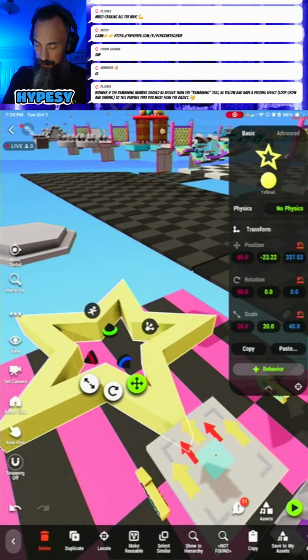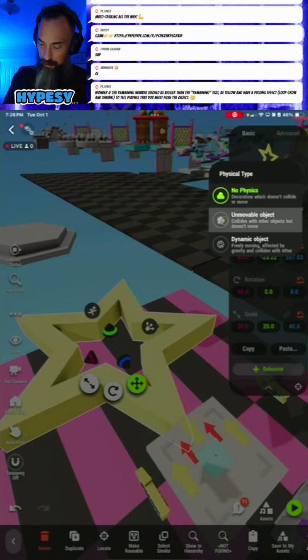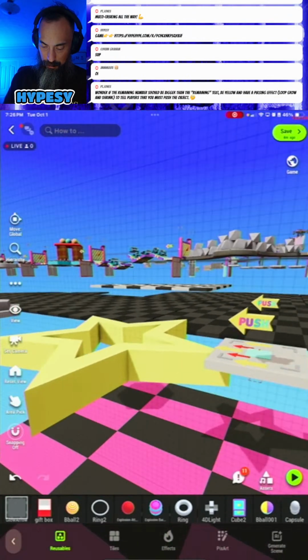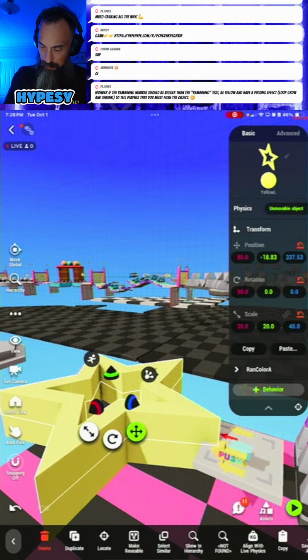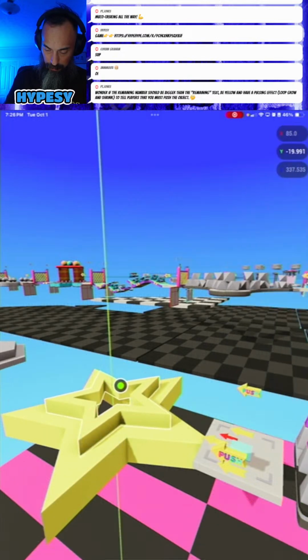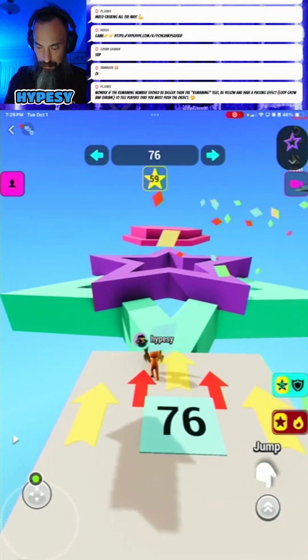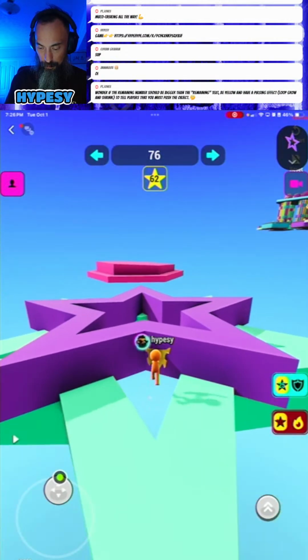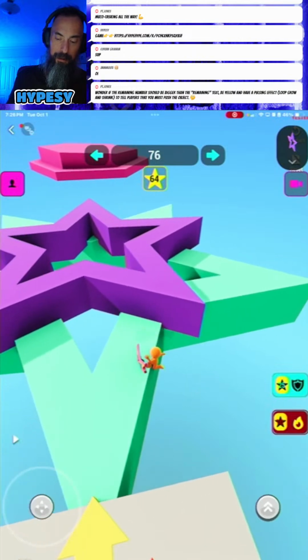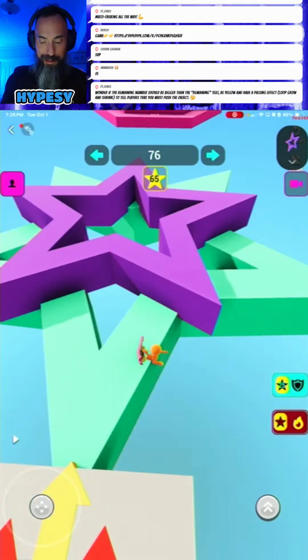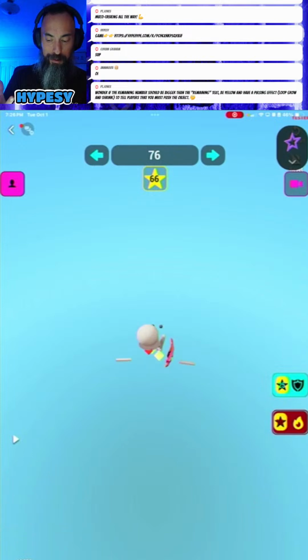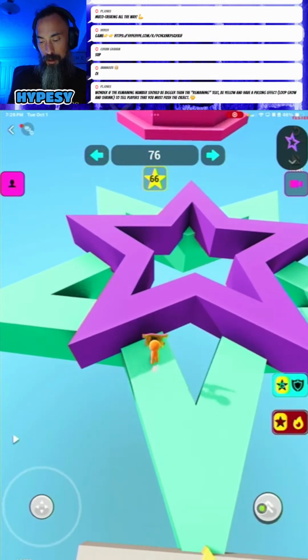So let's make this one unmovable. Okay, so for this one, the collision shape for the star isn't exactly what the star is, so I'm not going to be using this object.